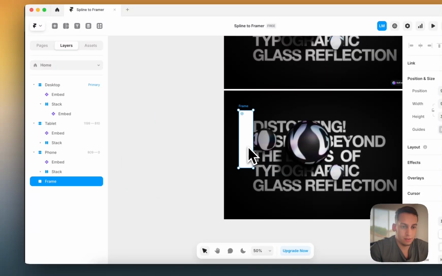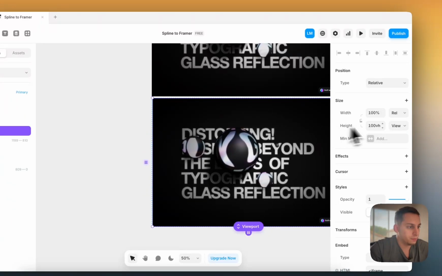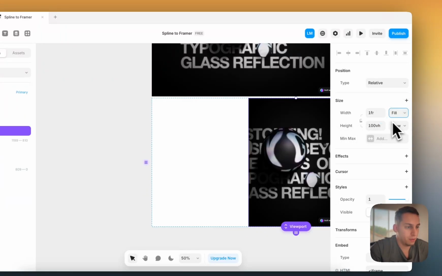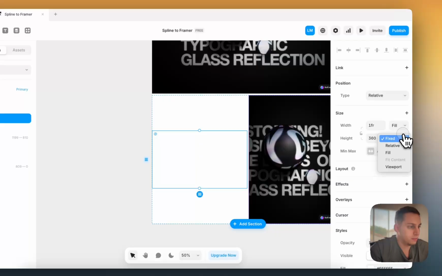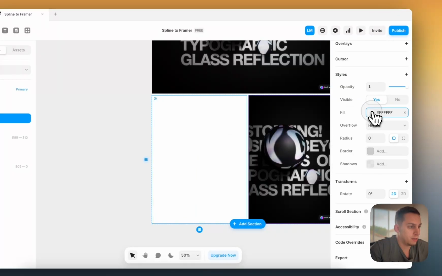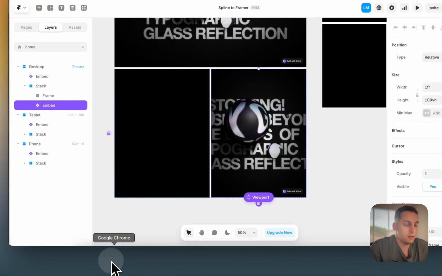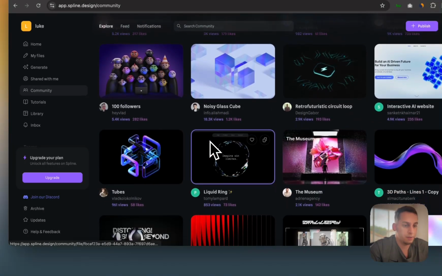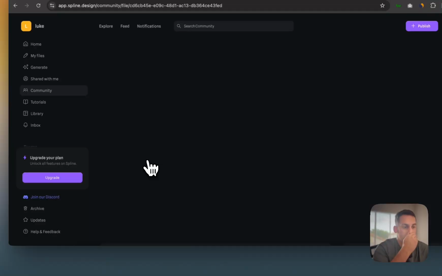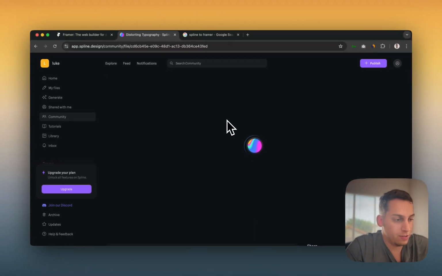If I were to put this into my stack as well, make this fill width and make this a fill width as well, we can, as you can see, view the different sizes. We can make this like a black background and put text here, and then on the right, instead of this text, we can have something like this cool cube. So if we can just find it in the community, kind of edit it to our style,